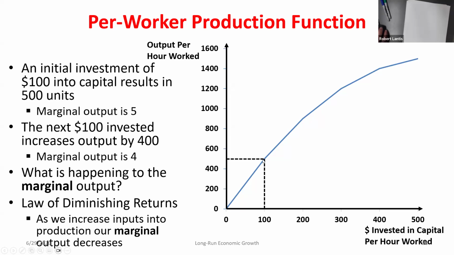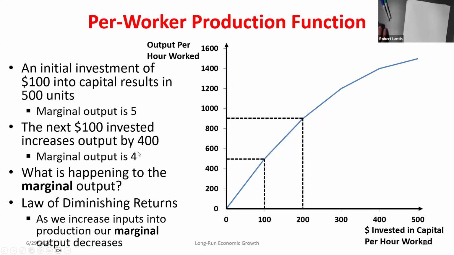Now, the next $100 I invest, so going from 100 to 200, that's still going to increase my output, but the machinery I'm buying second must not have been more effective than the one I decided to buy first. If I'm making optimal decisions, I always invest in what would produce the most output. So the next $100 that I invest, I'm not going from 0 to 450, or sorry, 0 to 500. So that's a 500 output increase, and I'm going from 500 to 900, only a 400